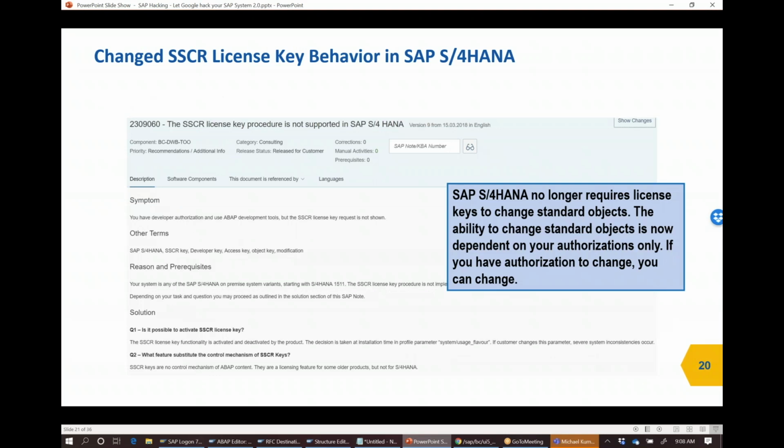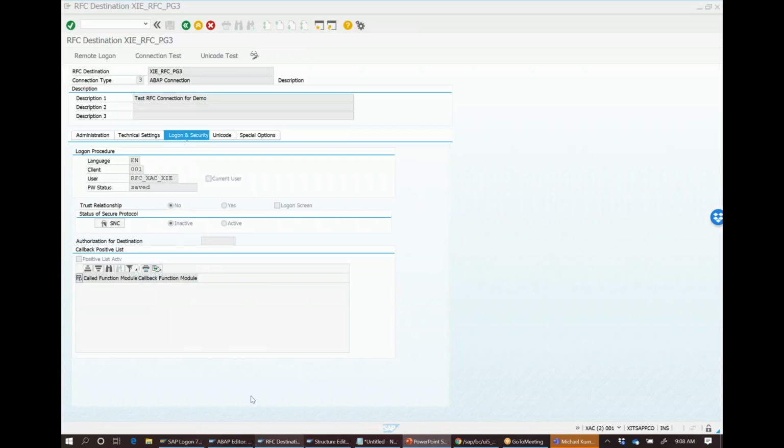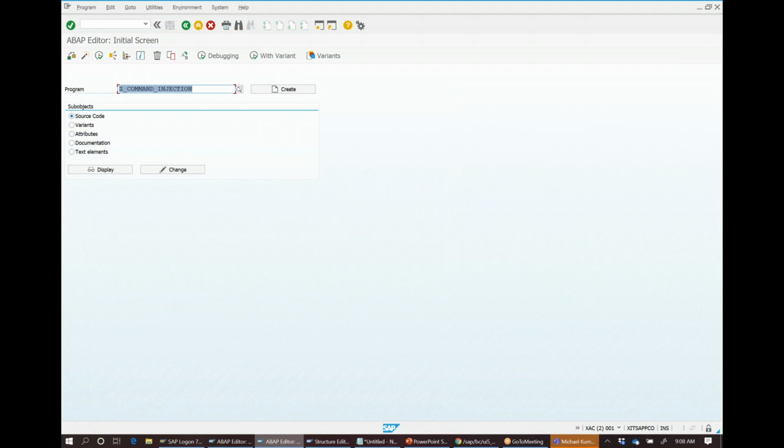What I showed you earlier with the developer key, we can bypass that. What we can also bypass is the protection for SAP standard programs and reports, for example. Let me just quickly show you what that means. So if I go back to SC38, and if I change an SAP standard program, like let's say we change that LS key